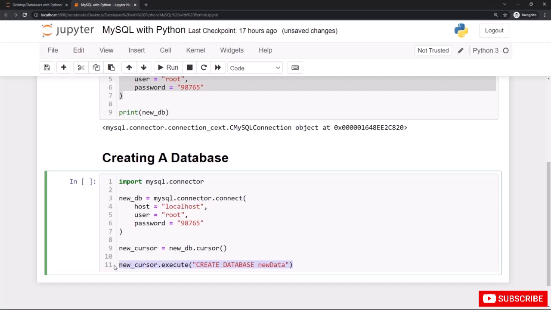By using this statement, we will create a new database called new data. Use the create database statement followed by the name of the database, and you can name it any name you wish. You can replace this name with any name you wish. Just place the create database statement followed by the name in between double quotes,